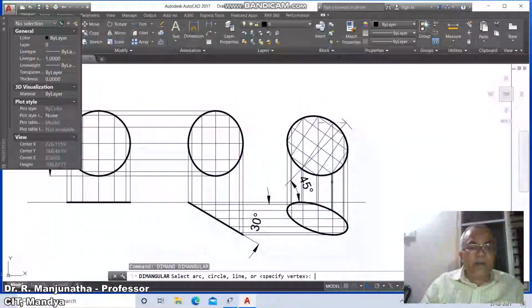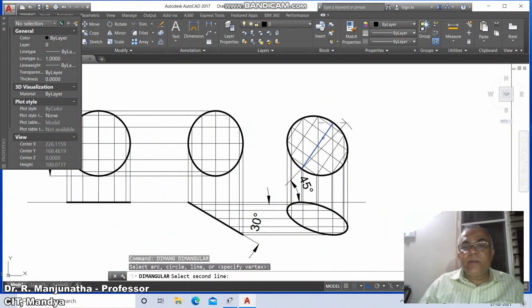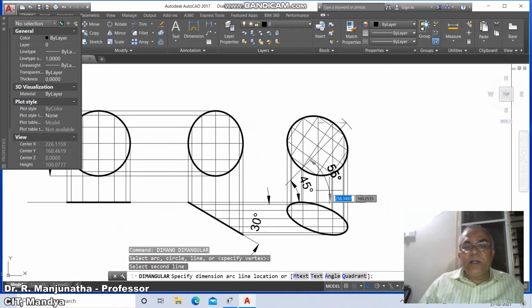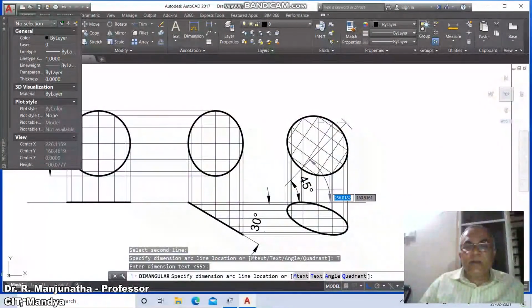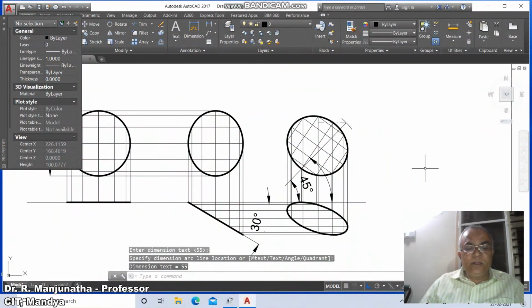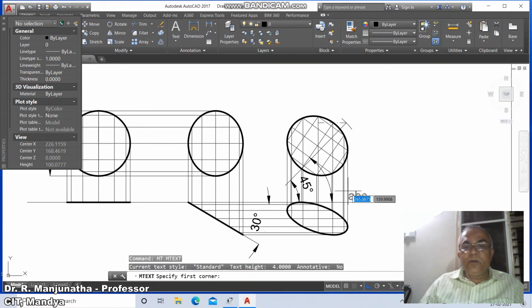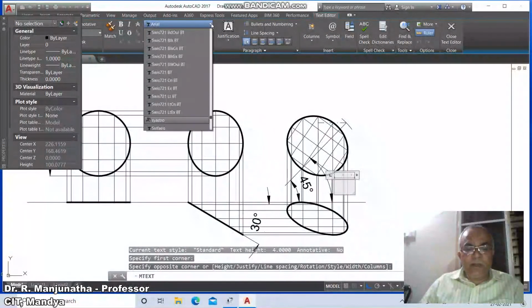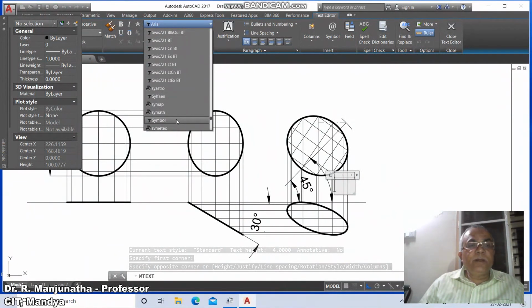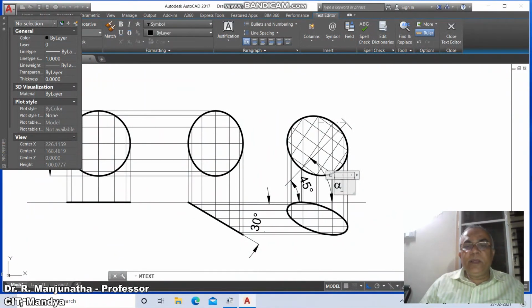Similarly, dim angular, select between this line and this line and go to text, give space and enter and place it here. Then go to mtext, take this as window and go to symbol, select symbol, type alpha, small letter a, and say close.